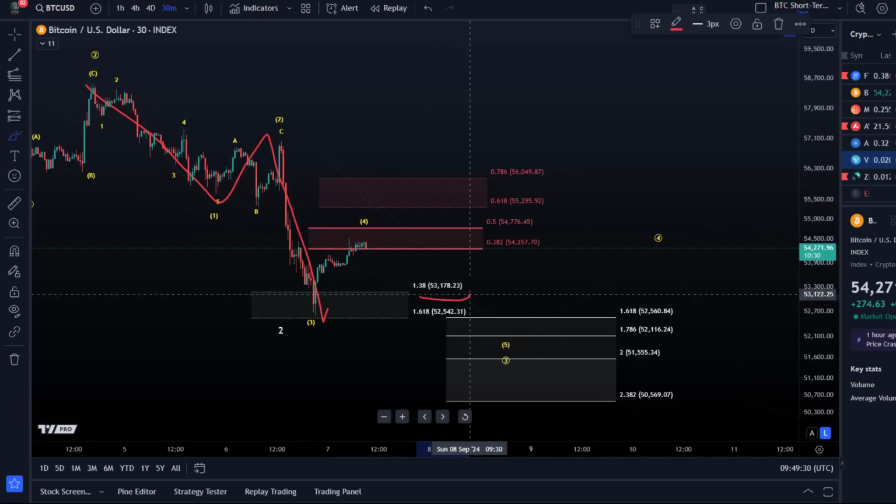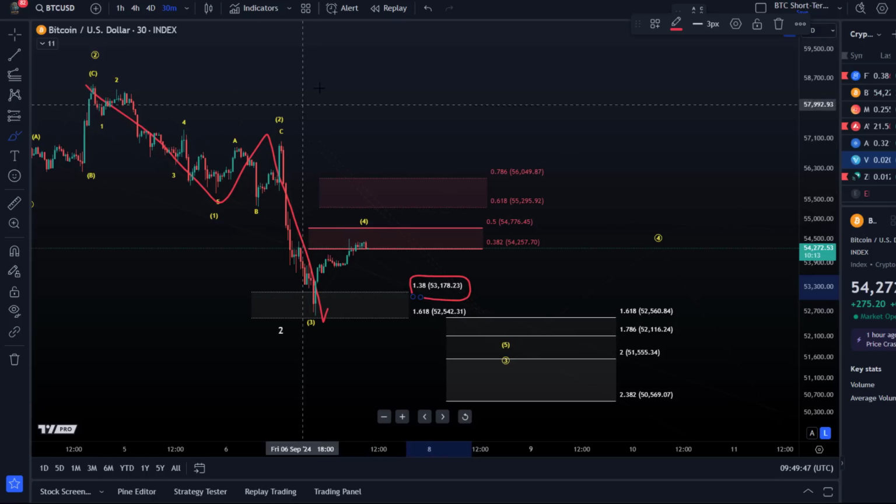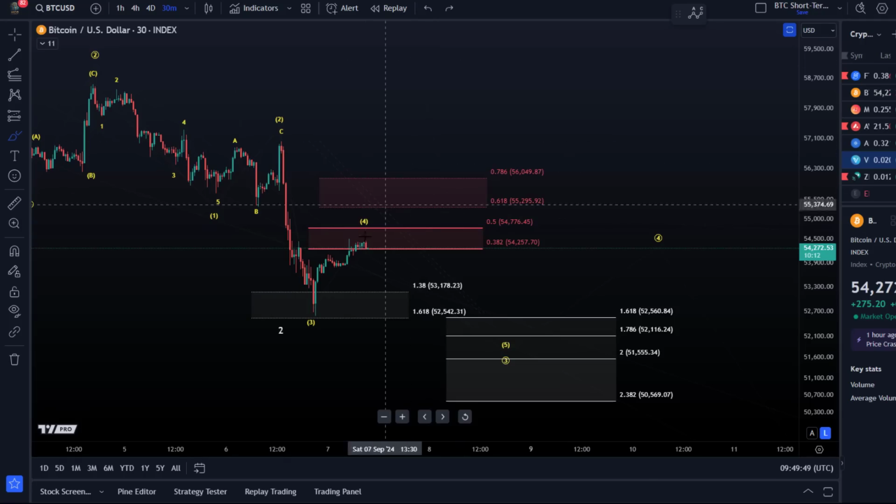It reached my first ideal target, which is the 1.38 extension at 53,178. And we're now in a resistance area. So the market moved from initial support into resistance. This is already quite a high bounce for a wave 4. I mean, nothing unusual. We've reached the 38.2 retracement here. But the market doesn't really show a reaction yet. So next level will be